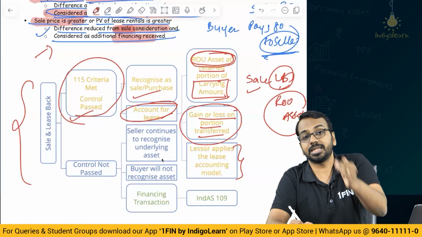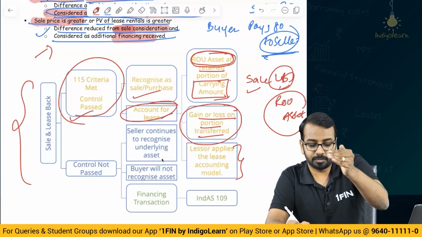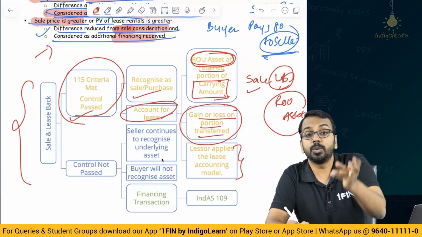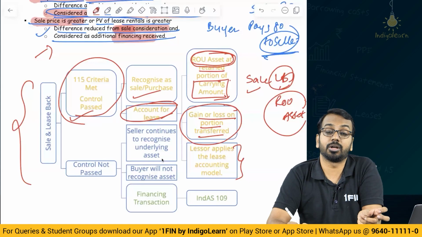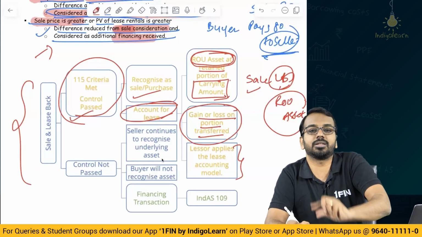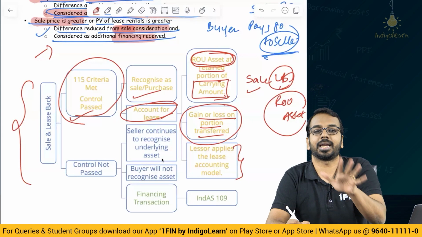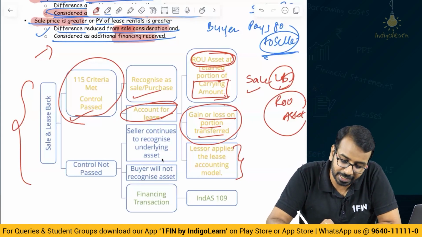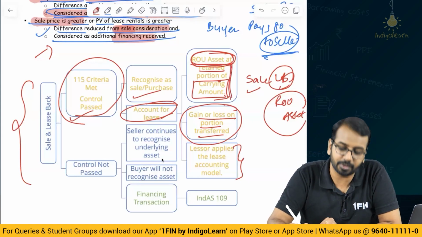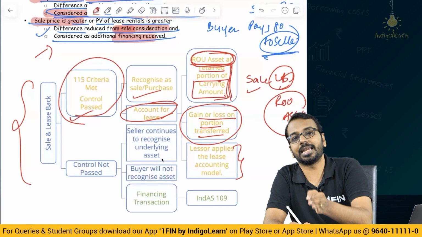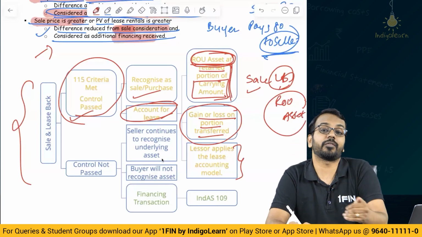If the control is passed, sale is recognized, and once you recognize the sale, you will not recognize profit or loss on the full amount. You will recognize the profit and loss only on the transferred amount. The amount which has been retained, on that portion you will not be recognizing any profit or loss. The retained right of use asset will be accounted for at the retained portion of the carrying amount only, without any profit element,